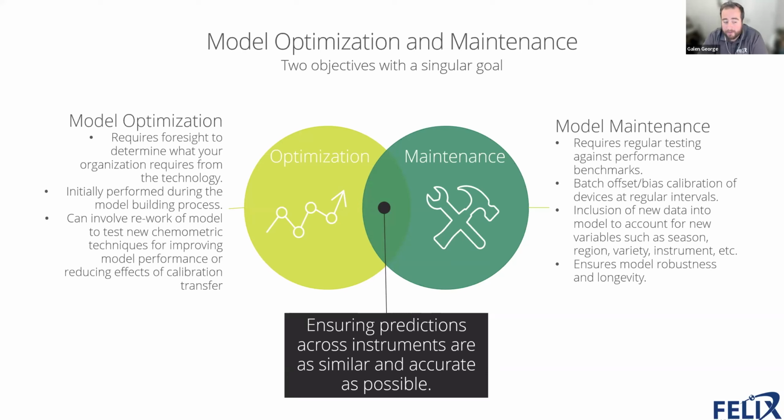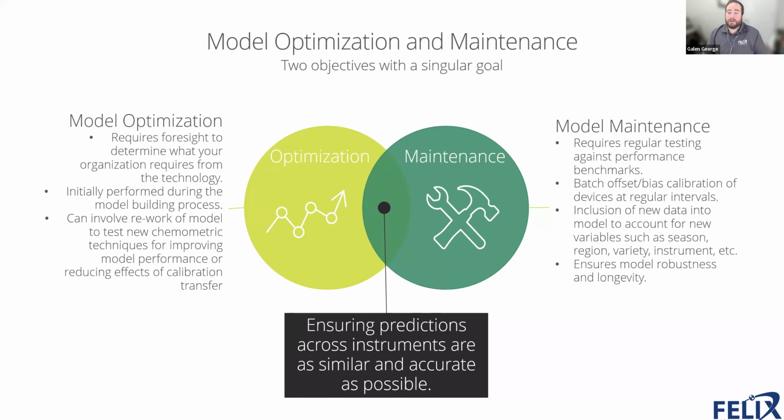And a lot of the time it is going to involve rework of the model to test new chemometric techniques, to add in new data from new spectrometers and new instruments, and generally to improve model performance or, like I said, reduce the effects of that calibration transfer. So that's model optimization. Model maintenance is similar in that it is going to involve some rework of the model,